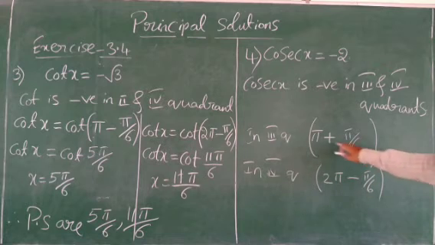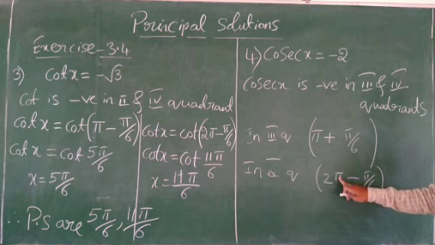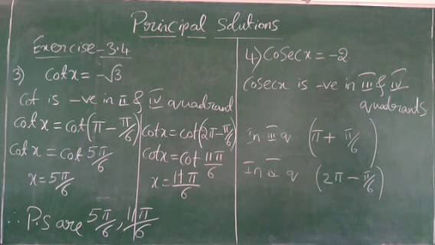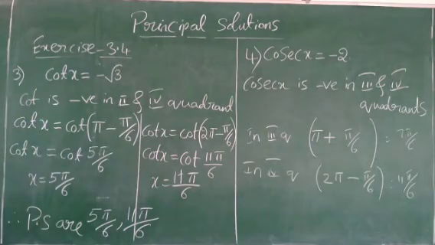So one angle will be 6 pi plus pi, 7 pi by 6. Another angle will be 6 into 2 pi, 12 pi minus pi, 11 pi by 6. So 7 pi by 6 and 11 pi by 6. You write it neatly in this way. So this is about the principal solutions of trigonometric equations. When we get time for CET and mains, at that time we will also do general solutions.